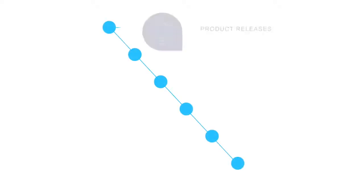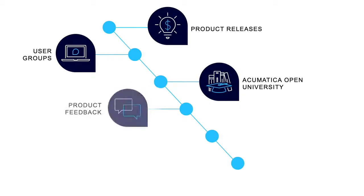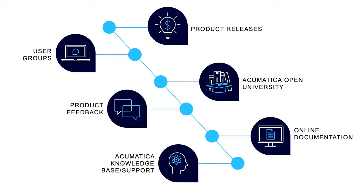So what do we think is driving that? Well, at the center of everything we do, there has to be a great product. And through all of the releases we've done over the years from Acumatica, the product is always the centerpiece of what Acumatica revolves around. But unlike some of our other vendors out there, we layer on things like training through